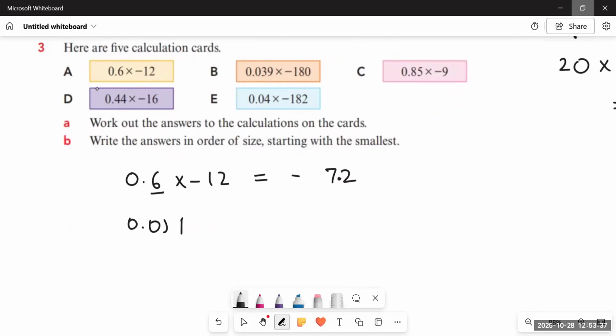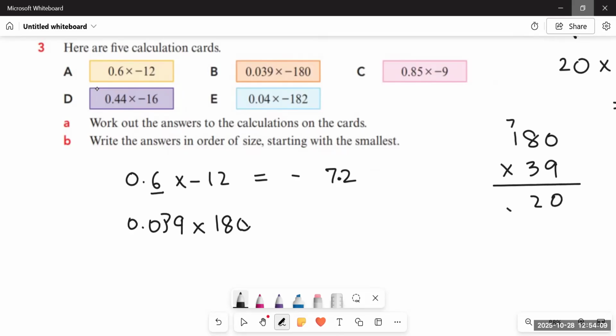0.039 multiplied by 180. So what are we supposed to do over here? We will take 180, multiply it with 39. Okay. Why am I taking 180? So as not to get confused. On one place, we are taking all the digits. On the other, we are only taking the non-zero digits. Okay. When we multiply 180 with 39, 9 zeros are 0, 9 8s are 72, 9 1s are 9, plus 7 is 16. Then 3 zeros are 0, 3 8s are 24, 3 1s are 3, 4, 5.